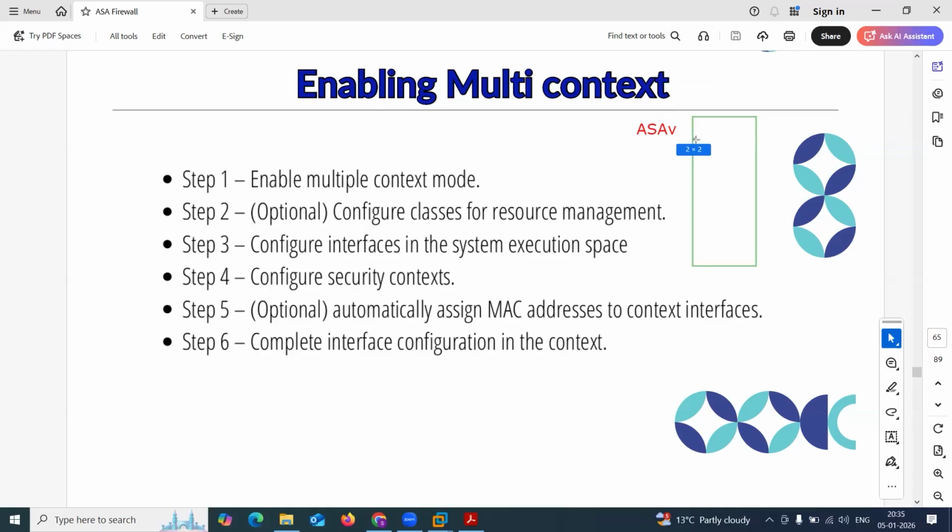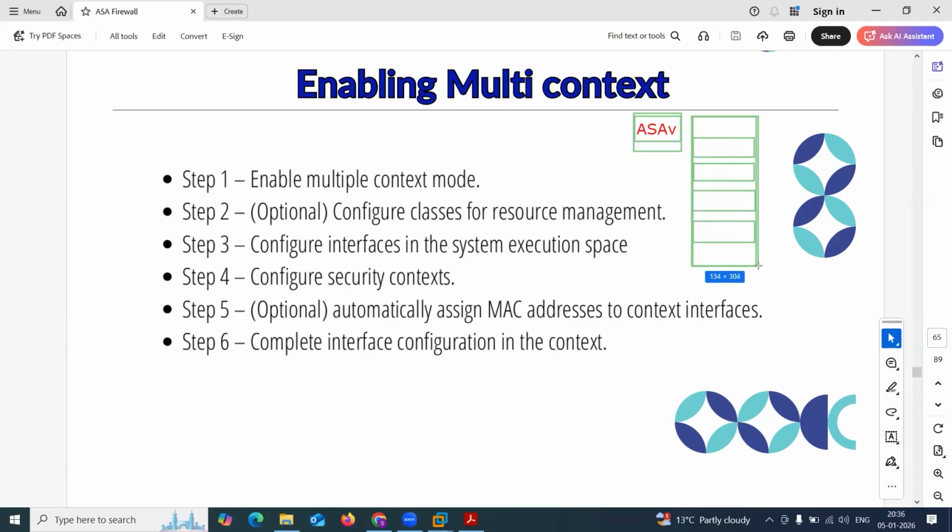On that server, you have to create a virtual machine, and that virtual machine will work as an individual firewall. ASAV can be deployed on cloud also. It can be deployed on Amazon Cloud, Azure Cloud, Google Cloud, right? So ASAV is only deployed on the clouds,